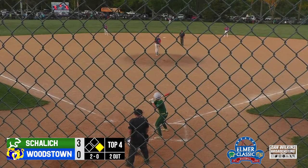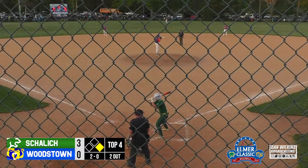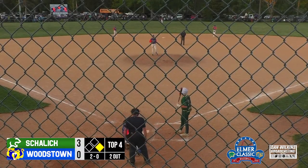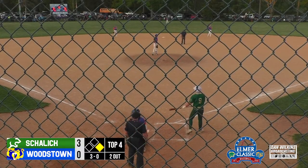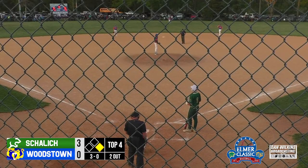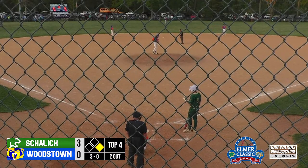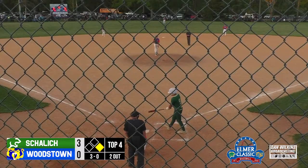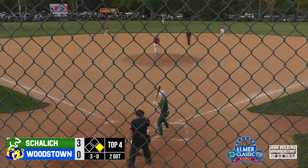But they go to the lefty with a couple lefties coming up here in this Schalick order. I certainly like the idea here, especially down by 3. You got to pull into your bag of tricks a little bit. However, count is 3-0 and complicates things a tiny bit. Count is 3-0. I mean, what good is putting in a left-hander if he can't get strikes? But